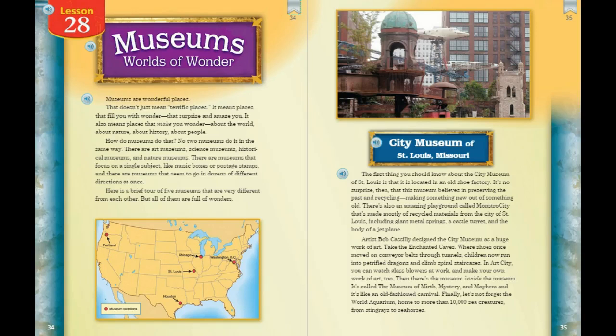Remember that distinguishing facts from opinions can help you to understand nonfiction texts and figure out whether you agree or disagree with an author's opinion. Okay, remember we talked about a fact can be proven true or false. You guys can use reference sources or ask reliable experts if information is true.